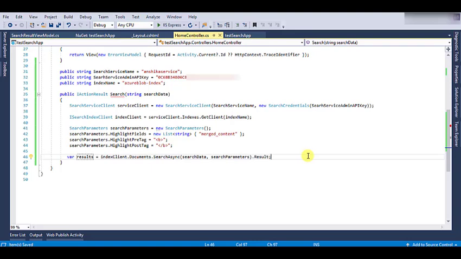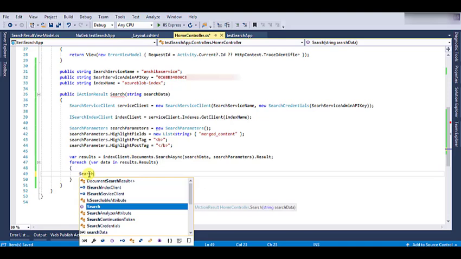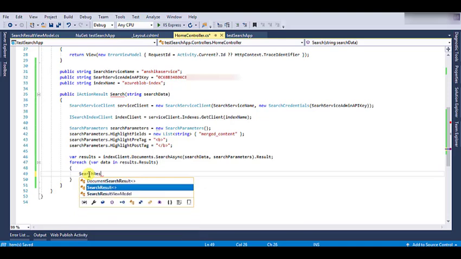We can read the results by applying the for each loop. Firstly, I will create the object of the view model which we have created.